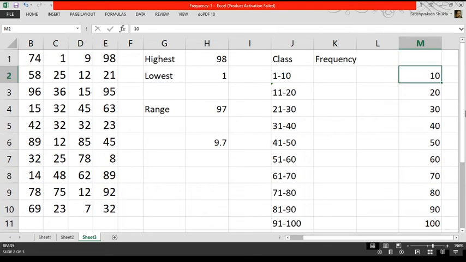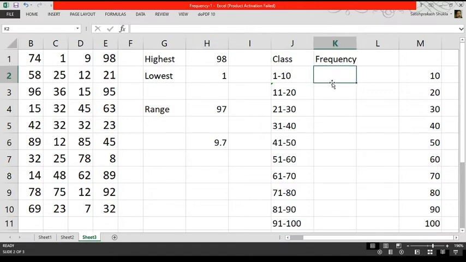This array of upper boundaries makes the Bins array for preparing a frequency distribution. Now the structure is prepared in columns J and K, and the Bins array is prepared in column M. Now we have to see in which cells the frequencies of different classes are to be entered.